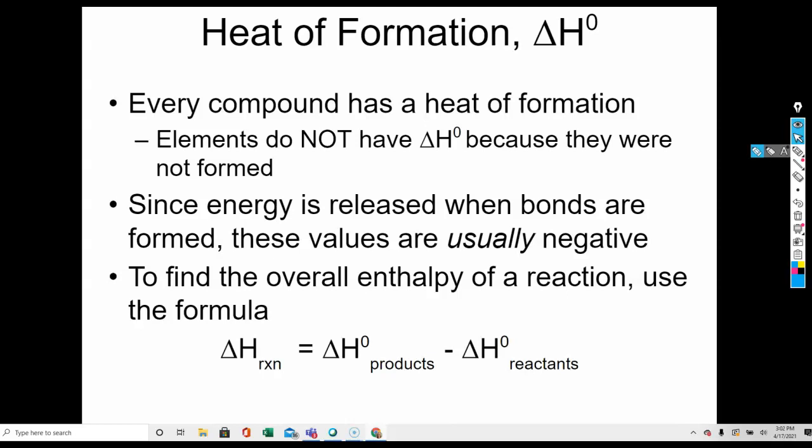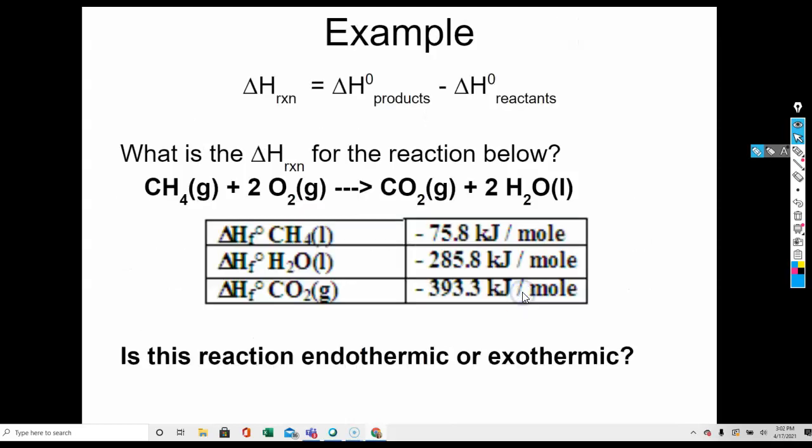So once again, this equation becomes very important for you. To find the overall enthalpy of a reaction, we are going to use the formula: delta H of the entire reaction is equal to that of the products minus the delta H of the reactants. So in this example, we have to figure out if this reaction is endothermic or exothermic. And so we are going to have to compare what we have going on here. And remember, we're going to use products minus reactants. But we also have a balanced equation, and we are going to have to pay attention to the coefficients in